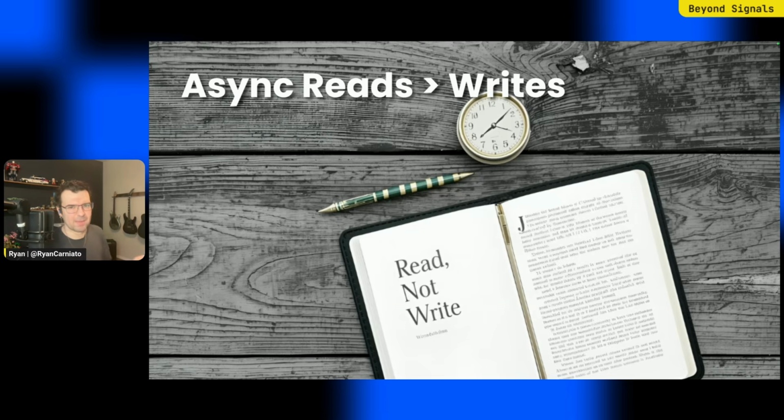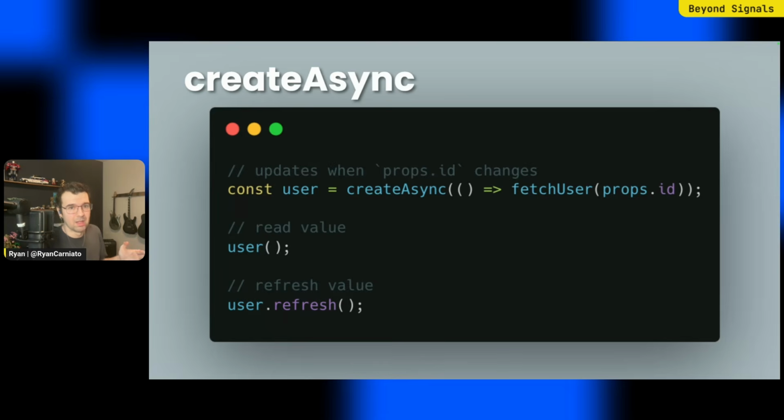Look at them API-wise: Suspense or Await components or the use hook. These are all reads. Know what else is all about reads? Signals. The way signals can be read independently anywhere in your app, well, that's a superpower. For us, this starts with introducing an async primitive, a derived async signal. It doesn't need to be derived, but at its core, it tracks sources and reruns when they update, while communicating that the value isn't ready to the rest of the graph. And this is powerful because it piggybacks on all the fine-grained benefits that we already have,